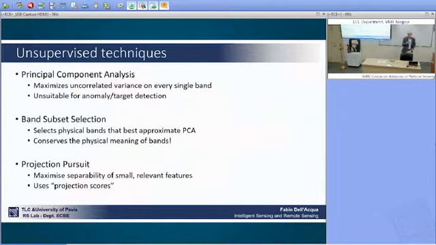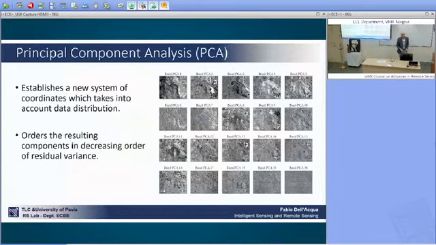Basically, there's a number of techniques that you can use for band selection. Some are so-called supervised and some are unsupervised. One is band subset selection, so select physical bands that best approximate PCA. But one of these is the principal component analysis. So PCA, which we have discussed when I taught about transformations, is one of the means that is commonly used